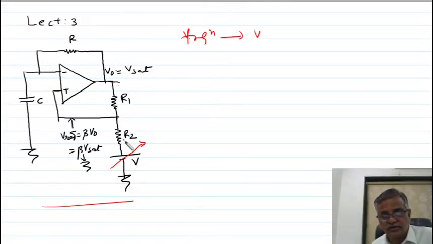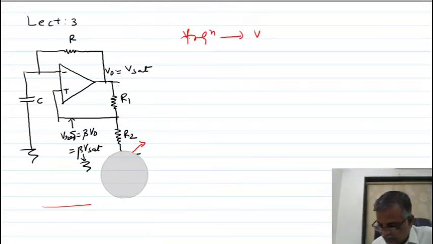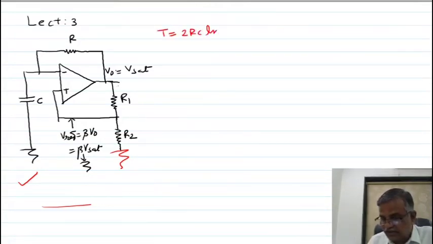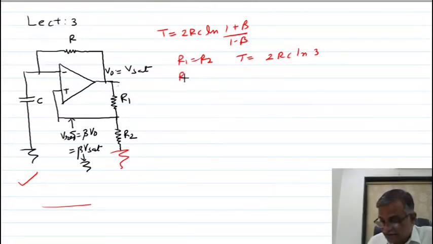square wave generator circuit is over. See what we did in a square wave generator, just I am telling you what we did up to this much time. We have discussed the working of this circuit, and from that, for a symmetrical output, we have derived this equation. Then we have said if R1 is equal to R2, then the above equation will be this. Then second, if R1 is equal to 1.16 R2, then T is nothing but 2RC.